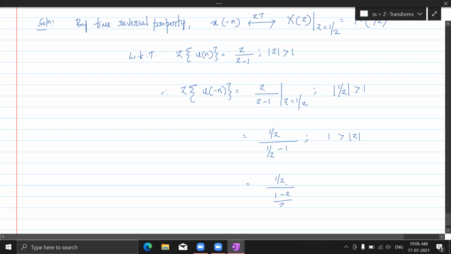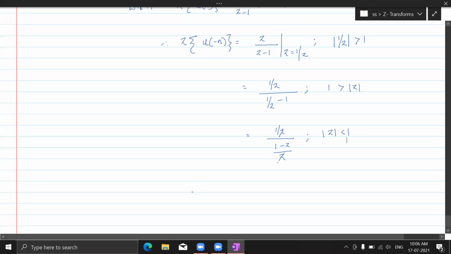So this will go off, and this can be written as z less than 1. Understand? So therefore, Z transform of u of minus n would be 1 by 1 minus z, with ROC